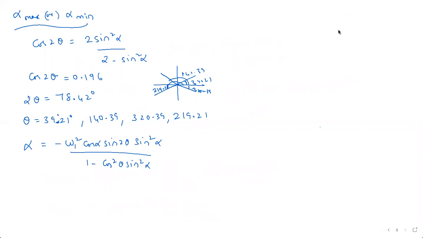So now from this equation, what are the different things we need to check? Alpha is constant everywhere, right? So when is alpha maximum? When is the alpha value maximum? Alpha value is maximum whenever you have negative symbol on the top. So here sine 2 theta should be negative, right? Sine 2 theta should be negative. So negative into negative will be positive, which will give you the maximum for alpha max. So when is sine 2 theta negative?